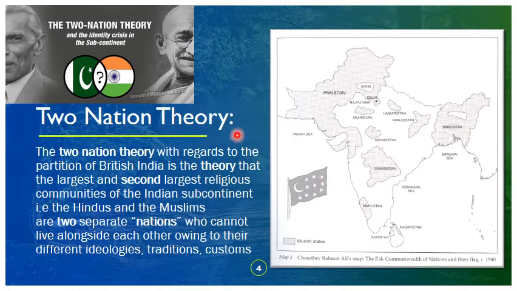Well, the two-nation theory. The two-nation theory with regards to the partition of British India is the theory that the largest and second largest religious communities of the Indian subcontinent, Hindus and Muslims, are two separate nations, and who cannot